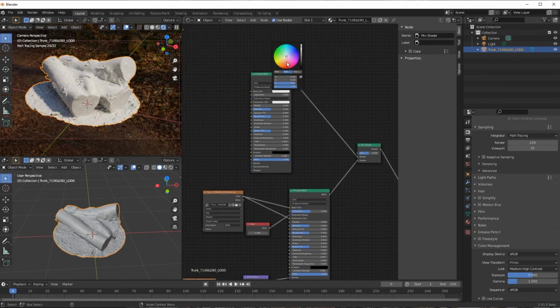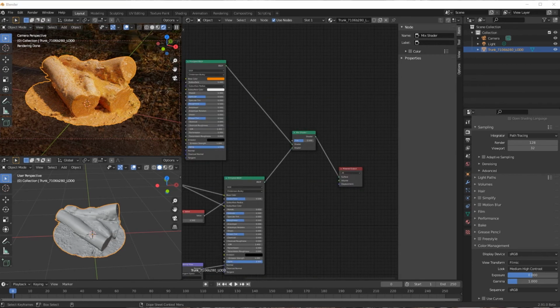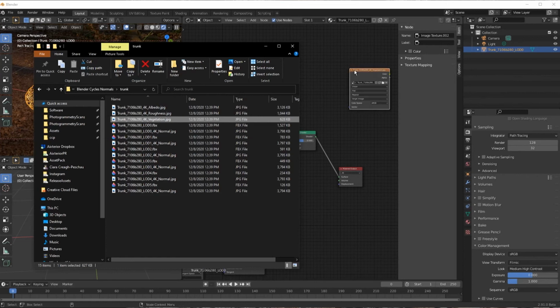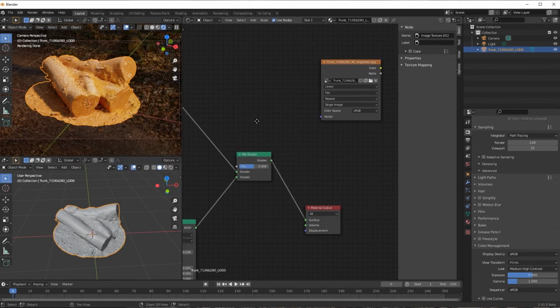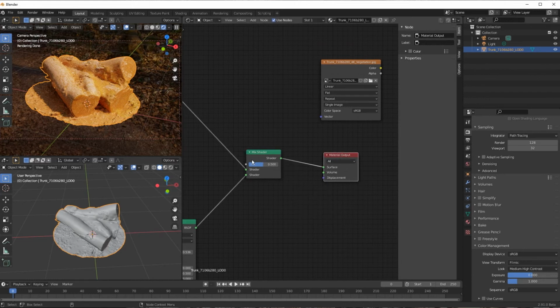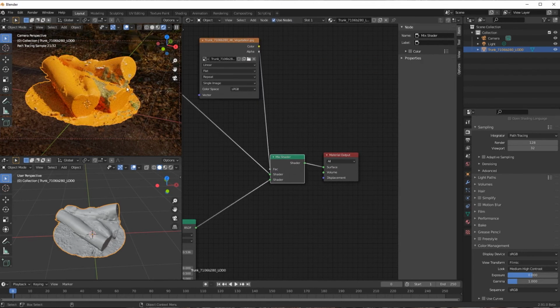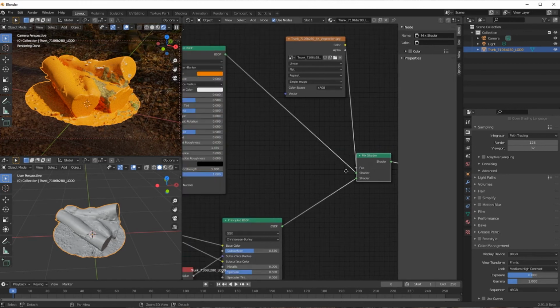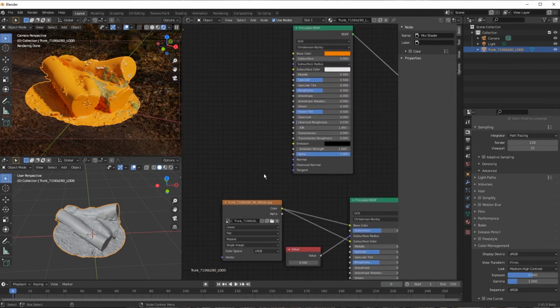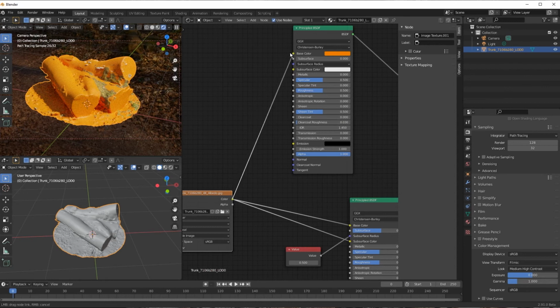I'm going to change the base color of this one to a bright orange, so you can see that it's working. Now I'm going to pull up the vegetation map that I showed you before and drop that into our editor. If we look closer at the mix shader, we've got this factor slider, which dictates the factor at which the shader is mixing these two inputs together. So we can use our mask to drive this, if I just plug it in here. Now you can see orange where there is no vegetation, and the diffuse map showing through where there is vegetation. So perfect. If we now plug this albedo into our base color instead,